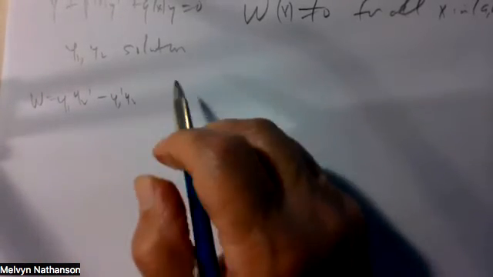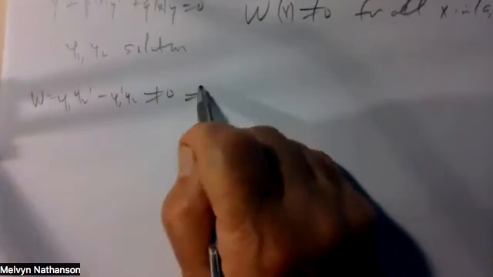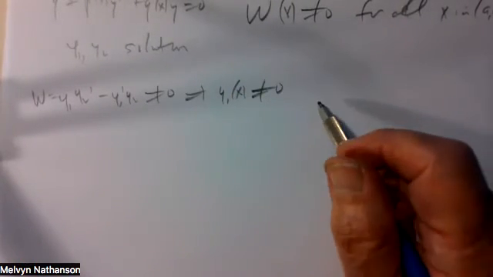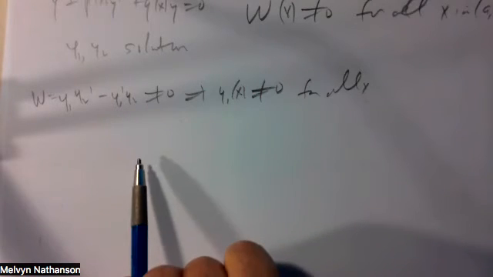Remember the Wronskian is equal to y1 y2 prime minus y1 prime y2. If this is different from 0, that means y1 of x is not equal to 0 for all x. Otherwise, this would be identically equal to 0. And we're assuming the Wronskian is not 0 in this case. So if the Wronskian is non-zero,